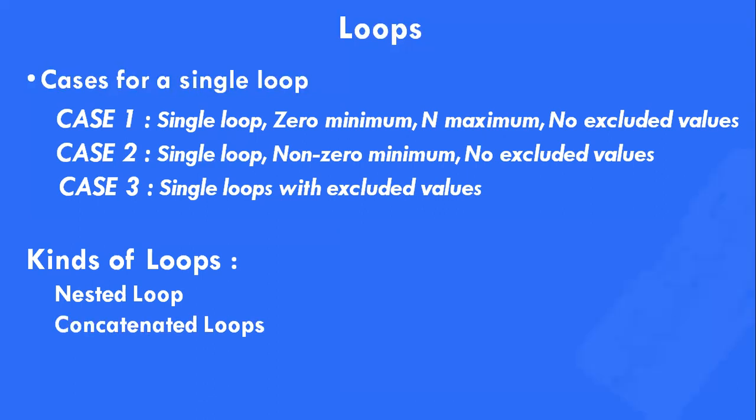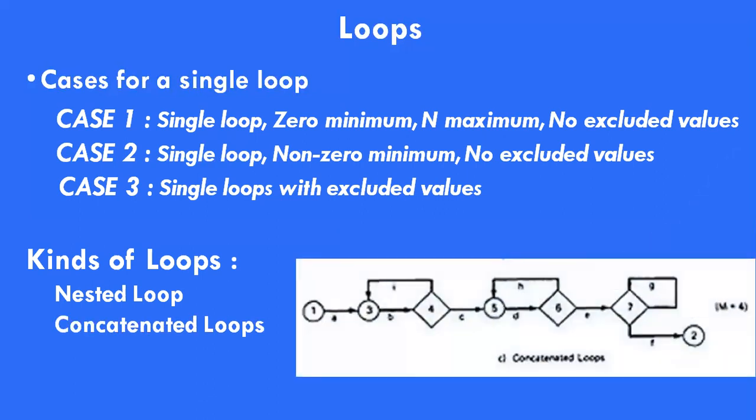Second, we can use concatenated loops. Concatenated loops fall between single and nested loops with respect to the test cases. Two loops are concatenated if it is possible to reach one after exiting the other while still on the path from entrance to exit. If the loops cannot be on the same path, then they are not concatenated and can be treated as individual loops, of course.